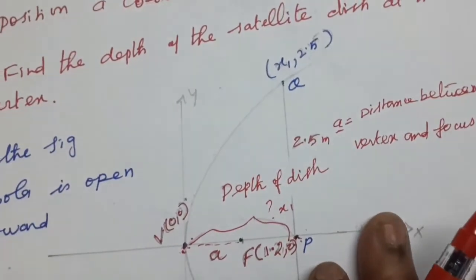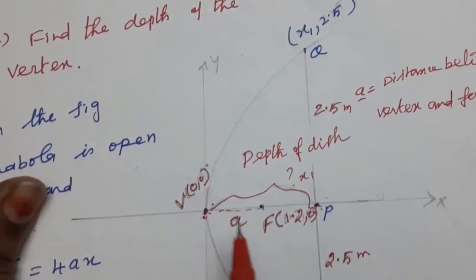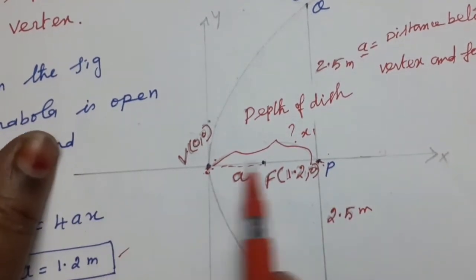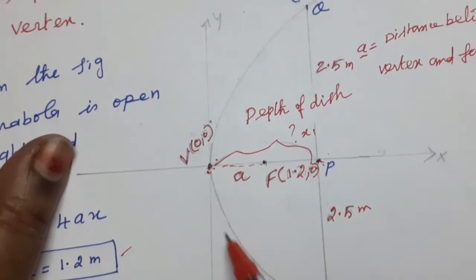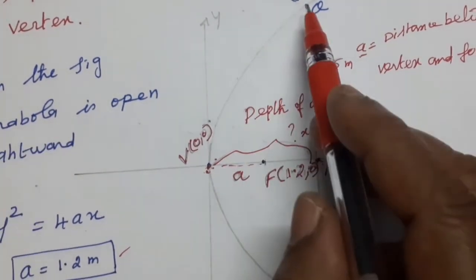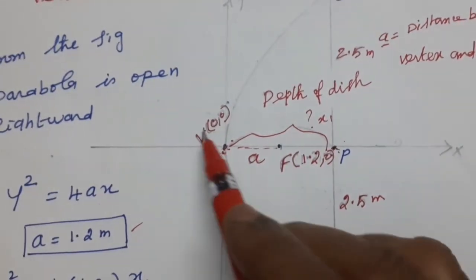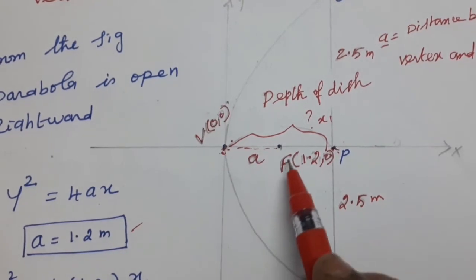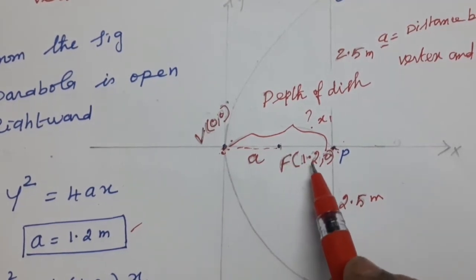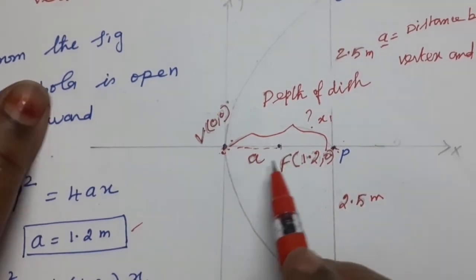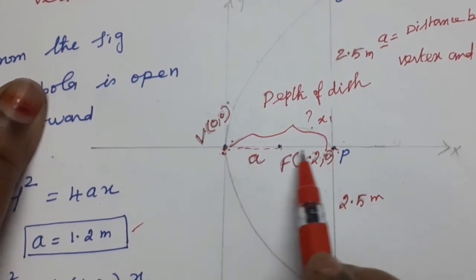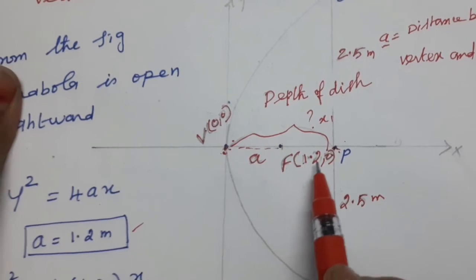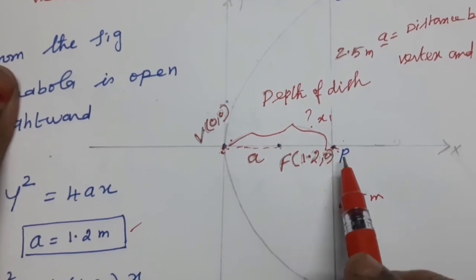The diagram is very important for you. After you read the question, draw the diagram. How to draw the diagram? This is the x-axis, this is the y-axis. Draw the parabola as an open rightward curve. The vertex is (0, 0). The focus is given as 1.2 meter from the vertex. Therefore, the focus is (1.2, 0), because this is on the x-axis. The x value is 1.2, and y has no value. So (1.2, 0). What is